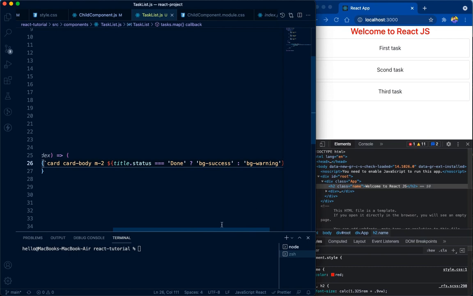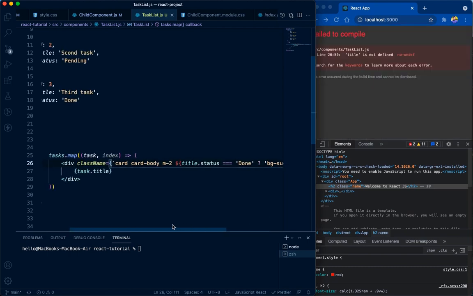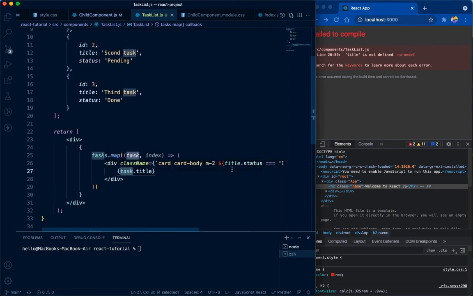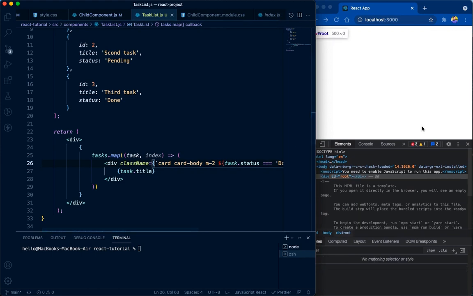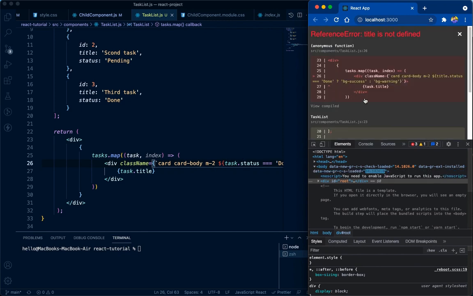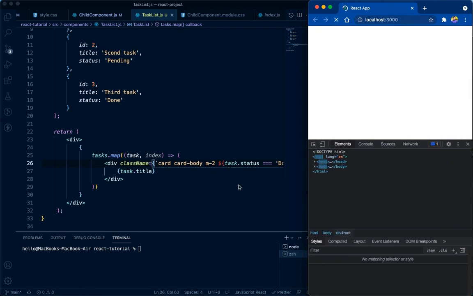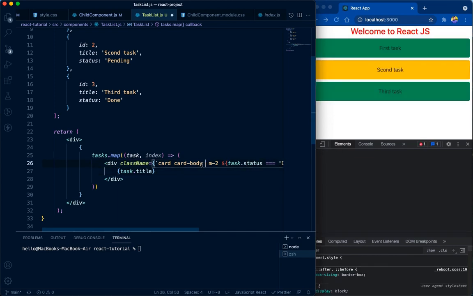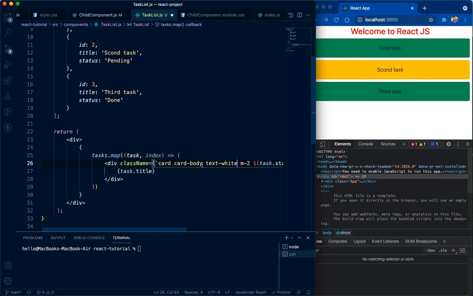Save it. Title is not working, sorry. It would be task.status, right? Not title.status. Wow, it's great. So that means which tasks are done, it's green, and which tasks are not done, it's white. And the reference error, title is not defined. And next I can add text-white here. Okay,